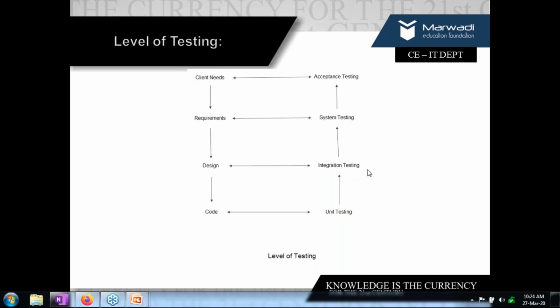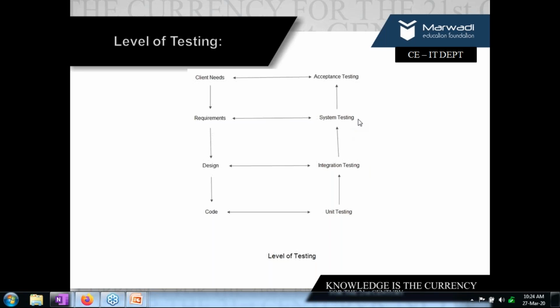Types of integration testing: top down, I'm checking all the modules after connecting them from top to bottom. Bottom up, I'm combining the lowermost stubs in the program. And sandwiched, I'm following both approaches.